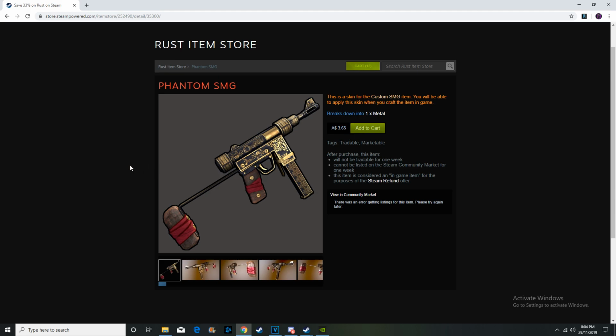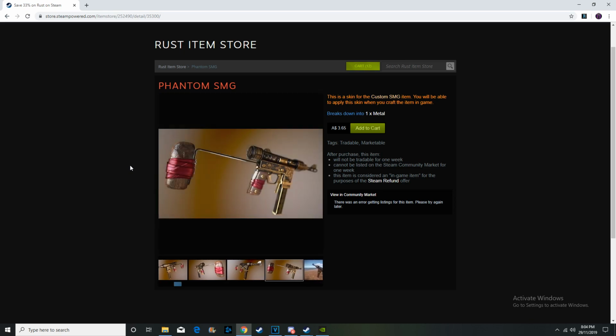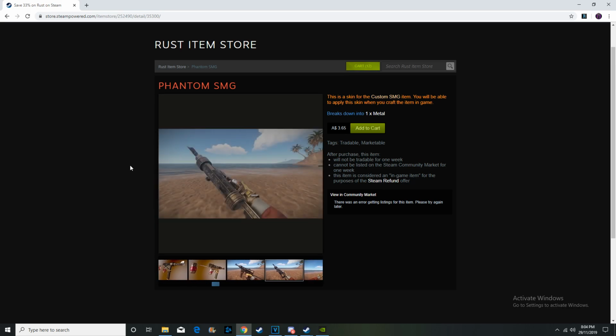So $3.65. We have had some Phantom stuff that has been quite successful, but then we've had two other Phantom weapons, the knife and the Phantom Python, that haven't been as successful. And then we've got the Phantom bow that is slightly less than the cost of this Phantom SMG at the moment. So overall, I do think that there is potential for this custom to actually go up in price on